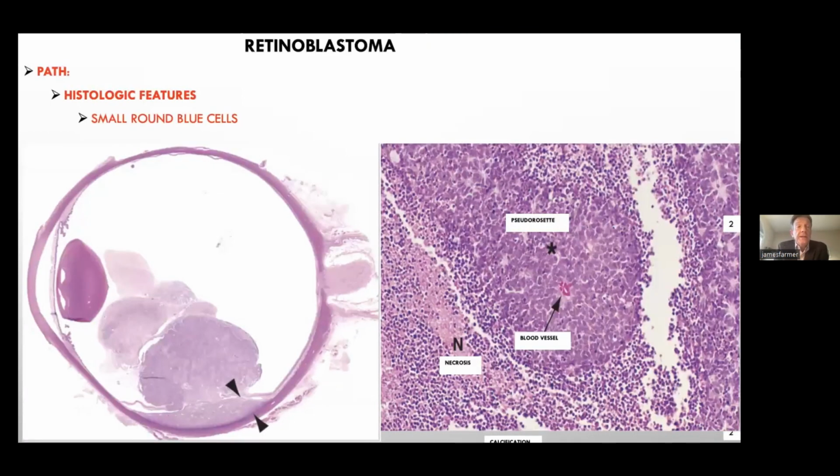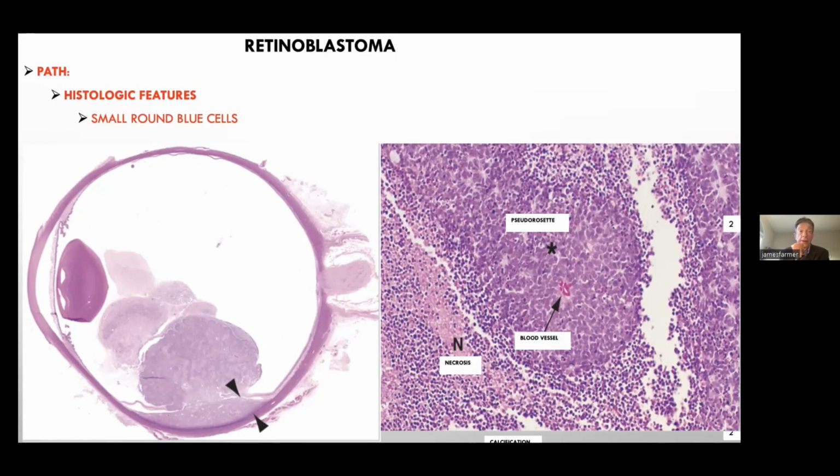The pathology of retinoblastoma: it's a small, round, blue cell tumor. One can see within the eye here, and it will extend into the choroid. It tends to form these pseudo rosettes where the tumor cells cluster around blood vessels, and after they get to about 110 microns, they lose their blood supply because they need a lot of nutrients to proliferate so quickly, and then they undergo necrosis. And these necrotic areas often calcify, which is very helpful for the pediatric ophthalmologist to make a diagnosis on imaging, because there aren't very many ocular tumors in children that calcify,